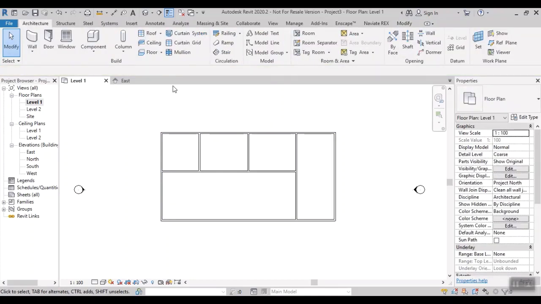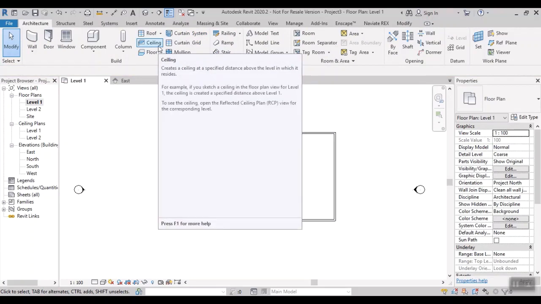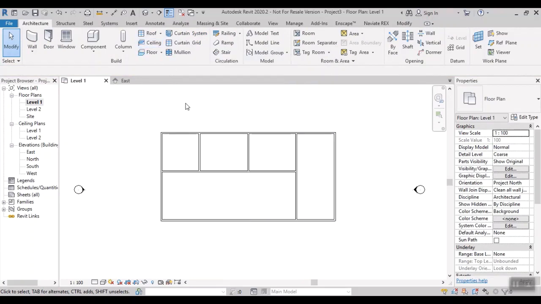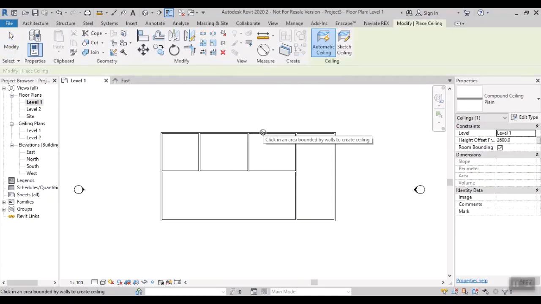The next important thing is we have to place the ceiling and roof. In that we have to provide the spacing that is called plenum spacing. Okay, I will show that. First of all, we have to create the ceiling. What is the level for that? It is your floor level to your ceiling level. What is the elevation height? So already 2600 is there, that's enough.